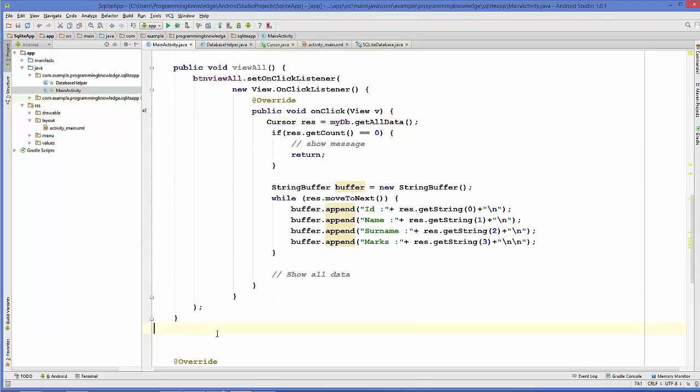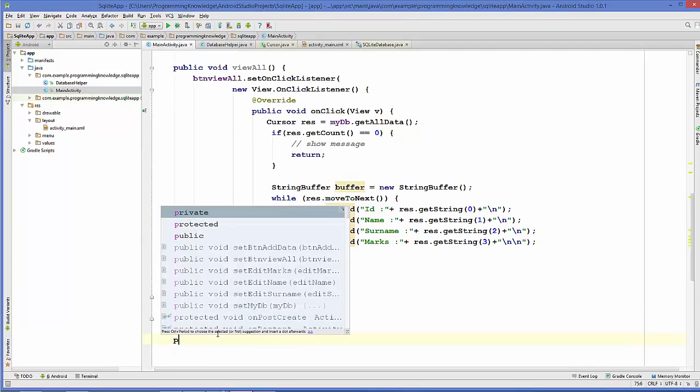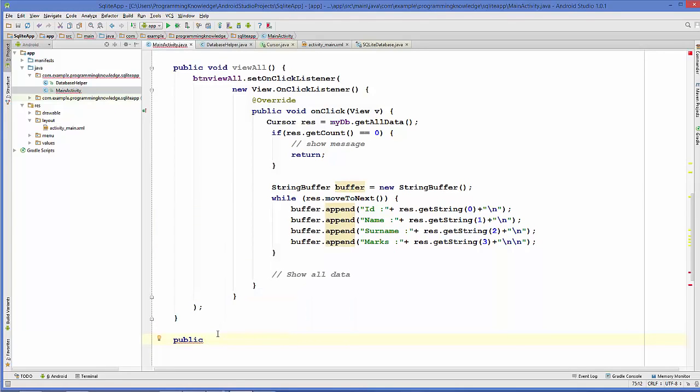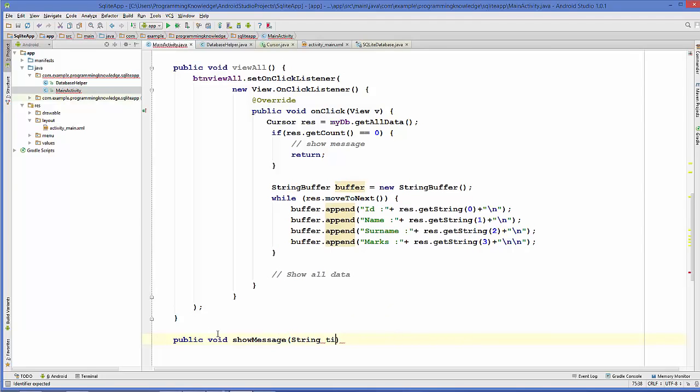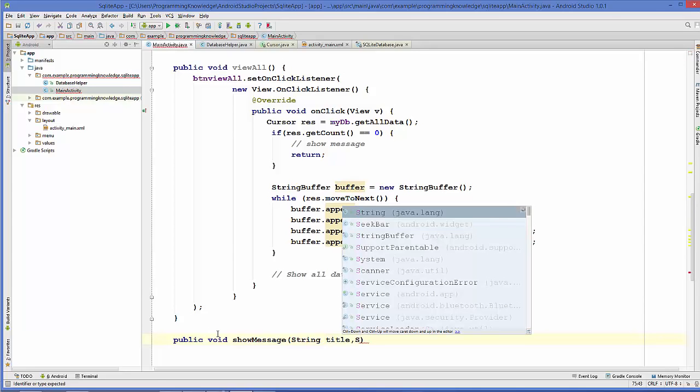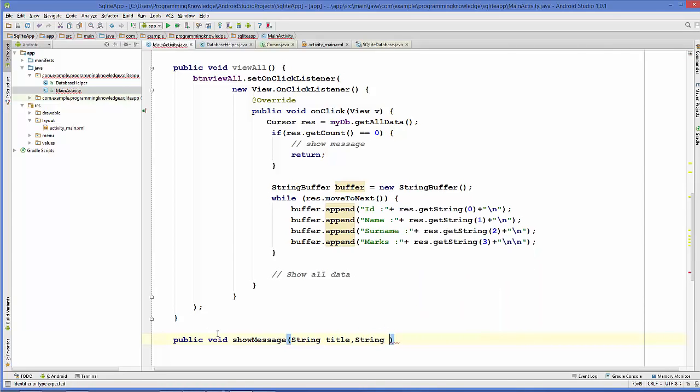So let's create a new method which will be also a public method, and it will return nothing. So void, and the method name will be show message. It's going to take two arguments. First is the title and second is the message itself. Okay, so string title, string message,